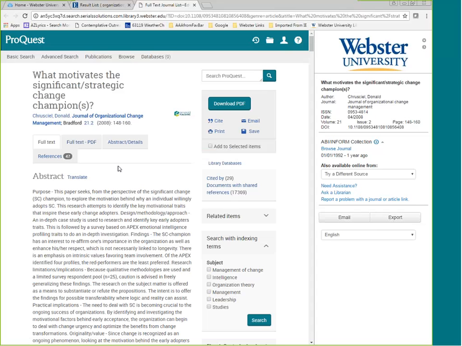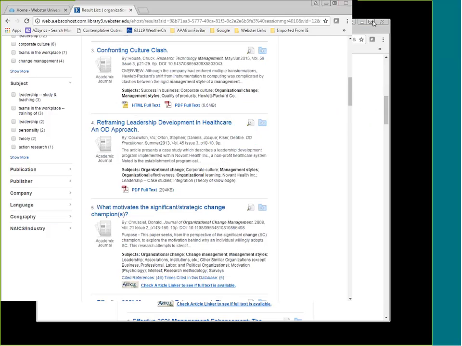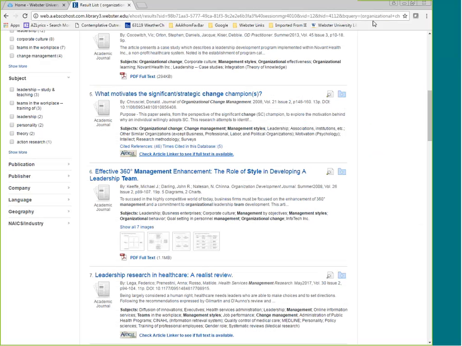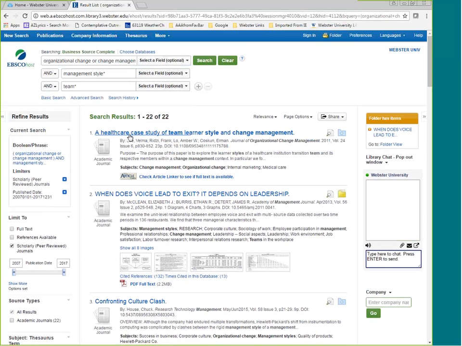So just in one click, even though the full text is not available in the database that you're searching, it's easily accessible somewhere else. All right, so use that to expand your search. And notice, if we go back up, that above, under our date slider